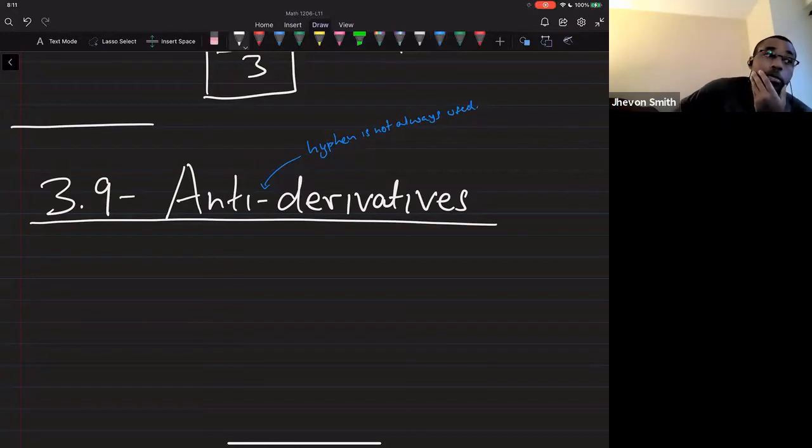Okay, so we're going to talk about the notion of an antiderivative, right? So we know what a derivative is, and what would an antiderivative be? Well, it's kind of like what you think it is, right? The anti goes the opposite way. It's essentially we want to be able to reverse a derivative. So let's